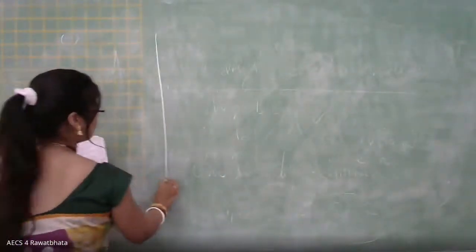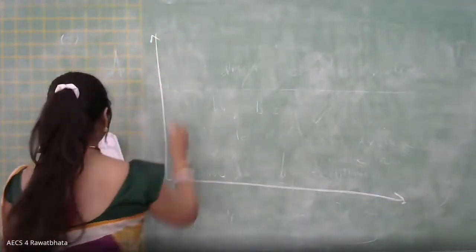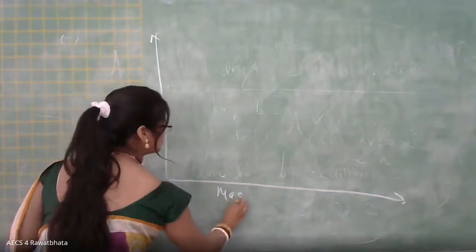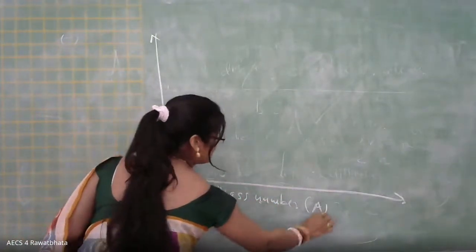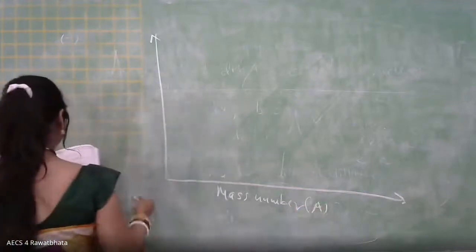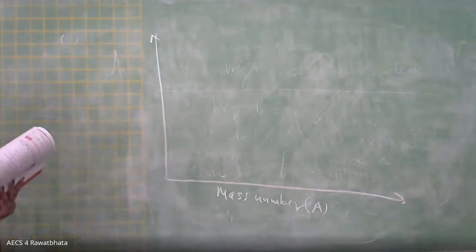I have to draw this graph from the book only, dear, because my diagrams are really horrible. I can't make them very well. So let us go for the graph. Here we are taking the mass number. In the NCERT book you also have it, but that part we will see later. First understand the concept, because your diagrams will be far better than mine, dear.